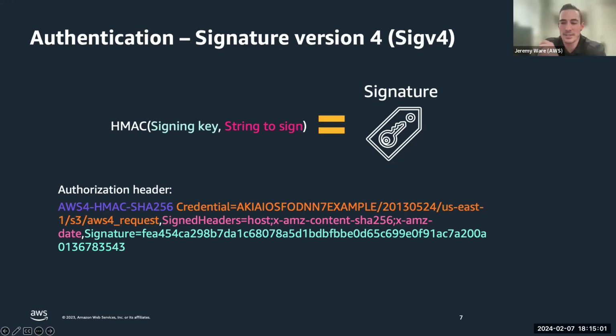SIGV4 signing and SIGV4 advanced signing has now actually been expanded. It used to be something that only we did under the hood, or could be made available to you via the SDK. There's now an open source project so that you can actually use SIGV4 signing for machine-to-machine communication. I think IAM Roles Anywhere is probably easier, and we'll touch on that in a little bit, but that is an option to you depending on your workload requirements.